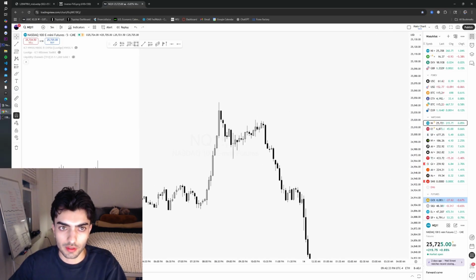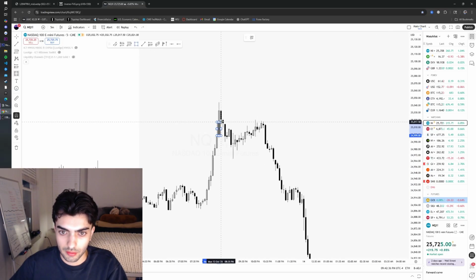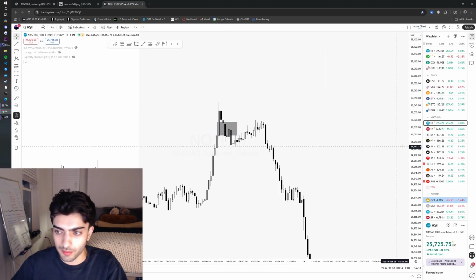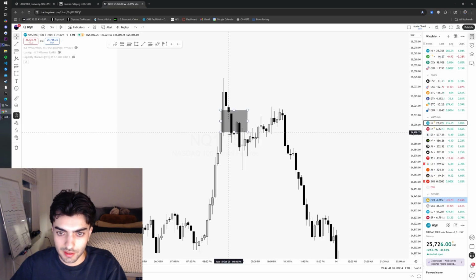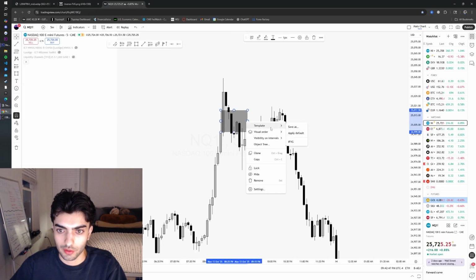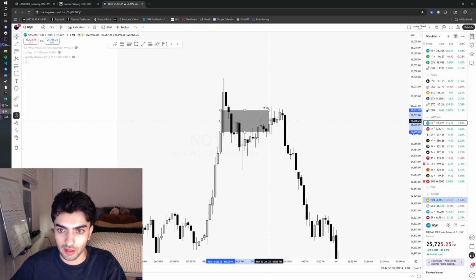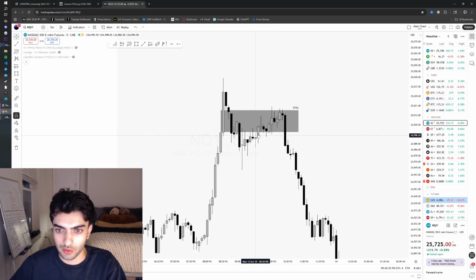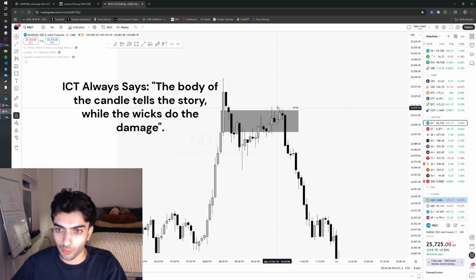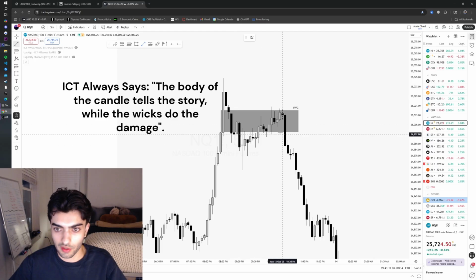Now moving into the third example, as you can see here, we have this fair value gap. What ends up happening? Price closes outside of it after creating the gap. So you can mark this out as an inverse. And if you take a look at how price is moving after that, well, we do get the closure outside of it, and we do come back up into that fair value gap to test it and fill more orders. You can see price did not close outside of it once. While we did get wicks outside of it, we did not close outside of it once. And you can see after this candle, price dumped back down. We got a change in state of delivery